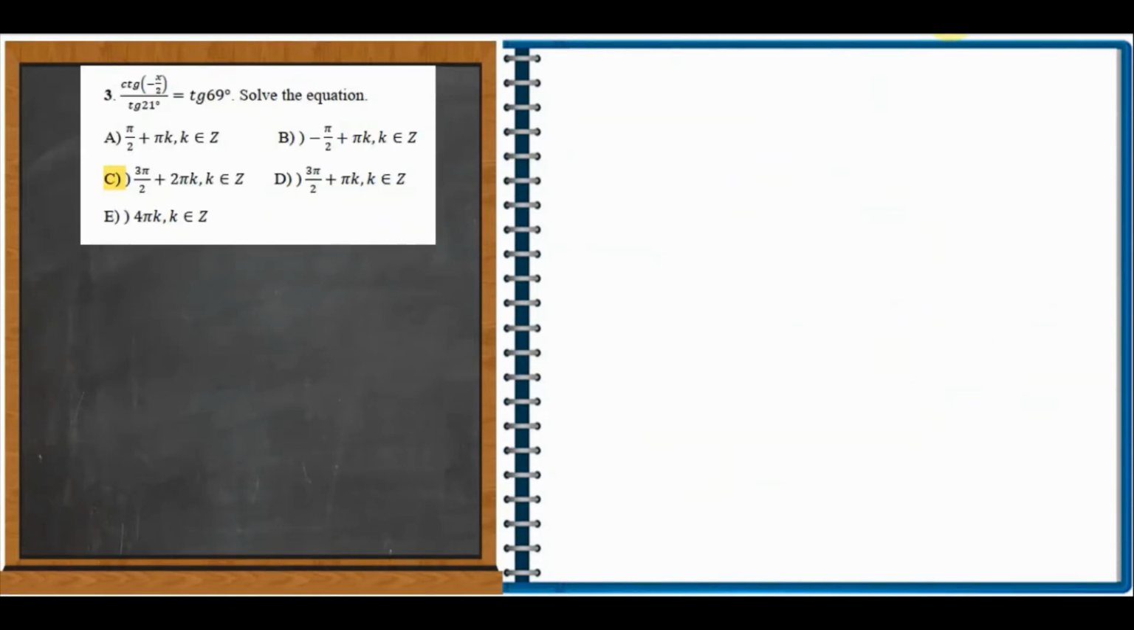Number 3. In this question, I need to write the equation one more time. Cotangent of negative x over 2, over tangent 21 degrees, is equal to tangent 69 degrees. Now, what formulas do we need for this question? Let's write it. First of all, we need to know that cotangent is the